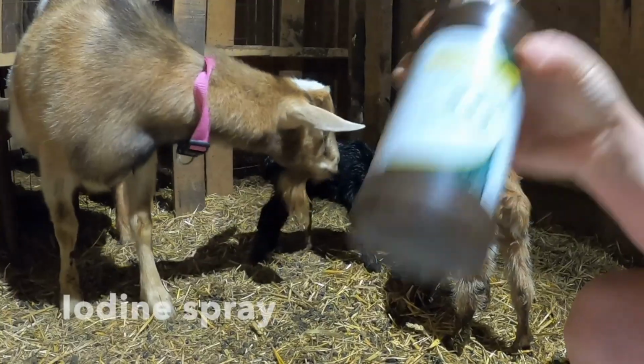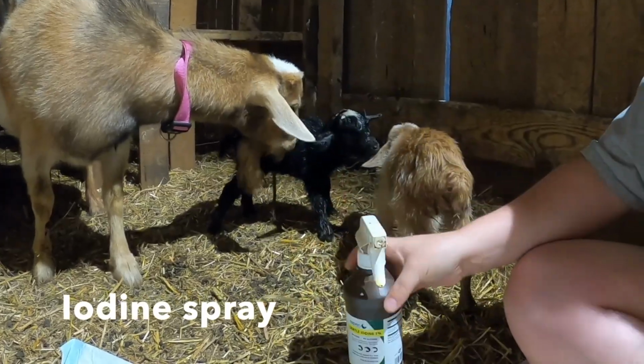One thing I do not have in here, and I know it is down in my barn, is we spray our umbilical cords as soon as possible with babies. And we spray them with iodine. We call it don't die juice because the umbilical cord is an open wound. Just like in humans, that cord connects baby to placenta, placenta connects to the mama, and that's how they get all their food, their air, everything to keep them alive inside mom. So when that comes out and it is snapped, it is an open wound and it is a direct